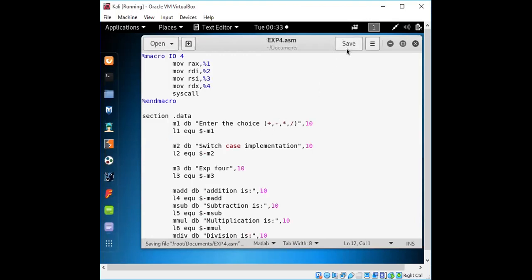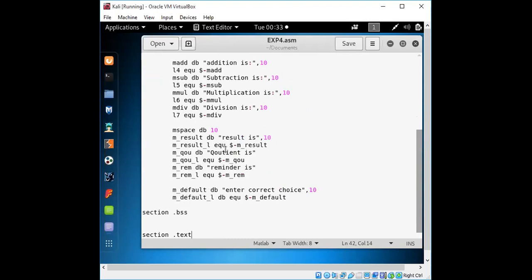So if we save this file, it will get the appropriate color code, so we can check whether we are typing the contents properly or not.